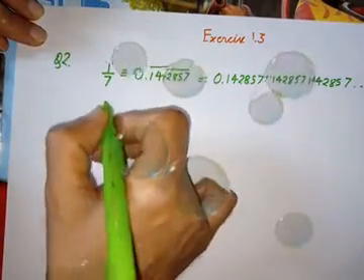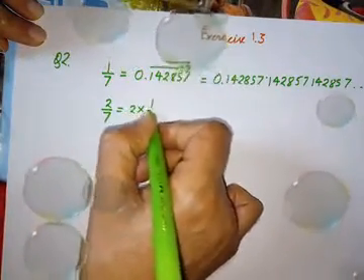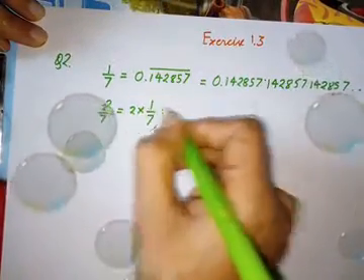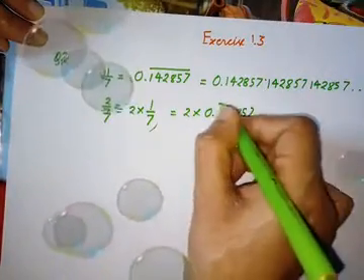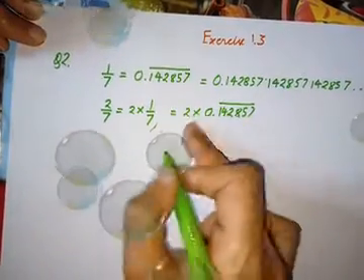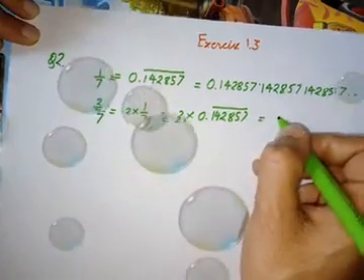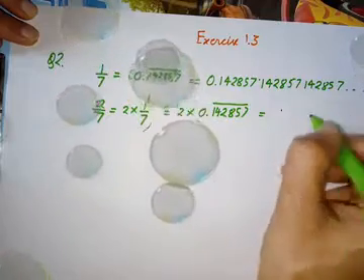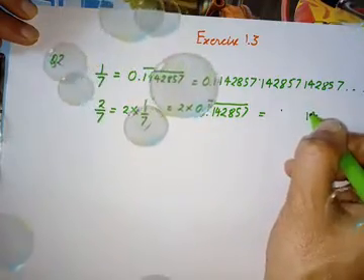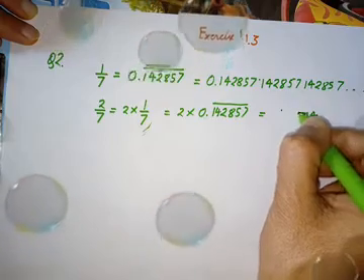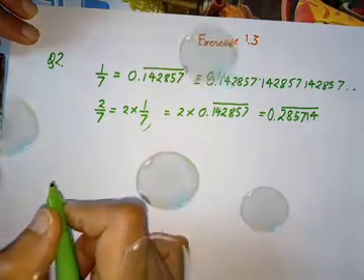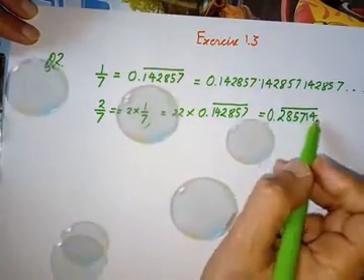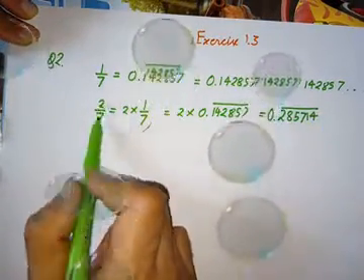Now what the question says, we have to find the value of 2 upon 7. So 2 upon 7 can be written as 2 multiplied by 1 upon 7, and the value of 1 upon 7 is given, that is 0.142857 bar. So we simply multiply it with 2, and we get 2 times 7 is 14, then 1 and carry, then 7, then 5, then 8, and then 2, and here the bar will be there. So this group of six numbers will repeat if you divide 2 by 7.